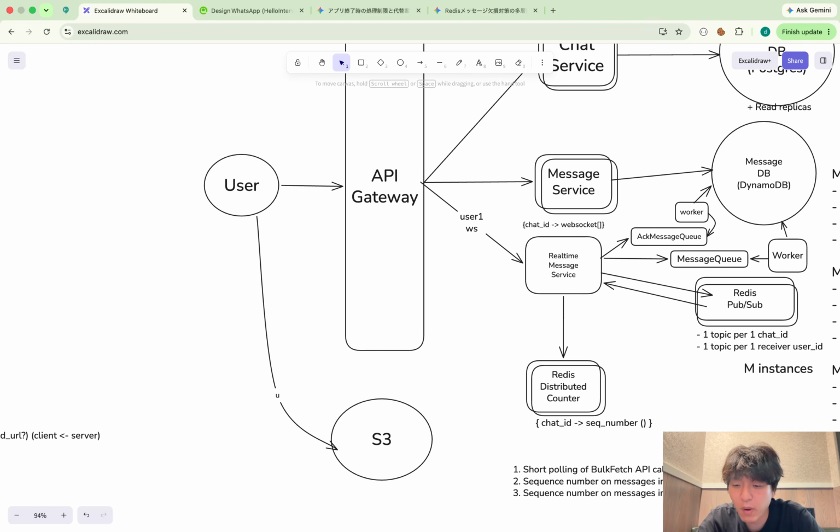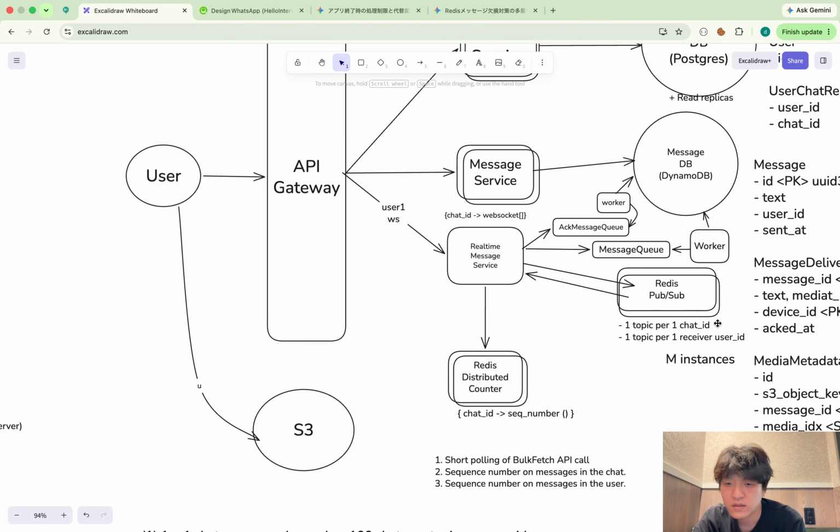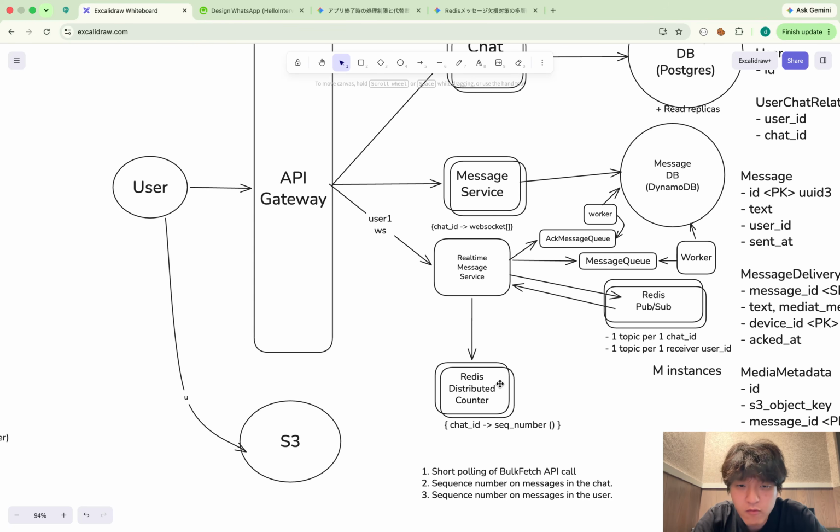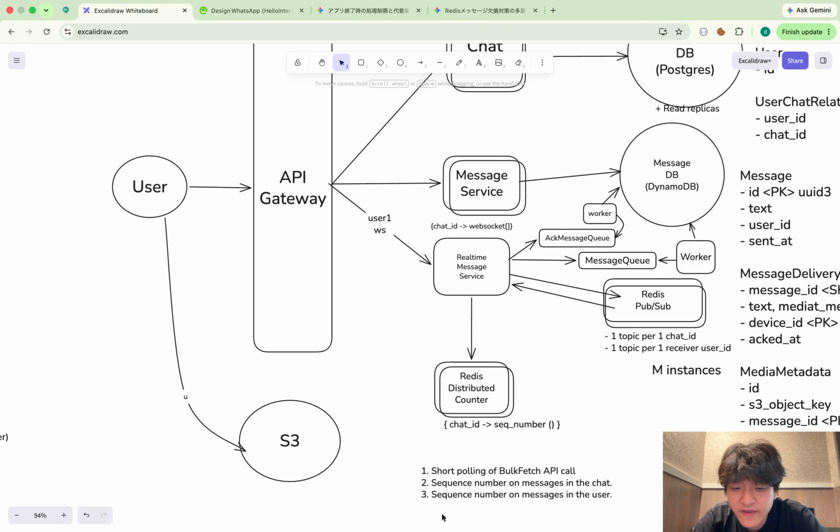So this is a per-user level sequence number on the messages. Let's say I assign the sequential number to the messages of the same user, and as I said,